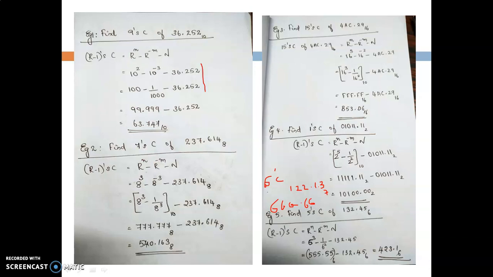So for examination, when you want to find this r minus 1 complement, you just mention this formula and then you just come to the second last step. You don't need to mention the intermediate steps in every question. It is enough to represent the formula as well as the second last step. Okay, that is fine. Now we will move into the r minus 1's complement subtraction method. This was just how you find the r minus 1's complement of a particular number. Next, we will see how you will perform the r minus 1's complement subtraction method.